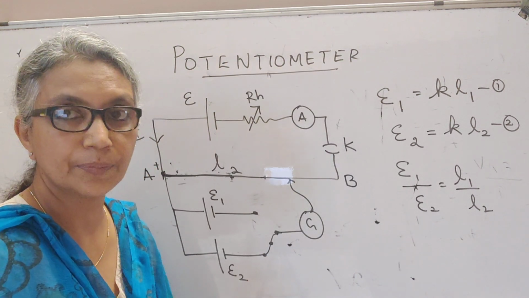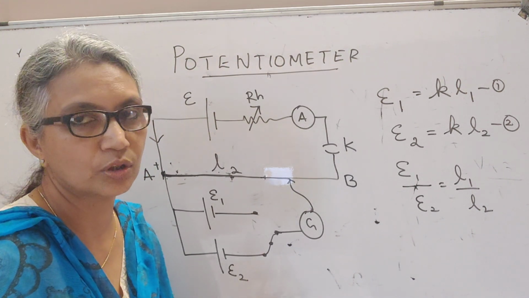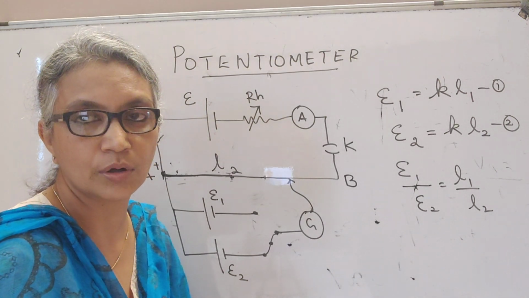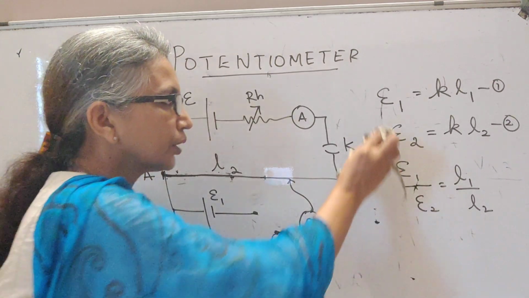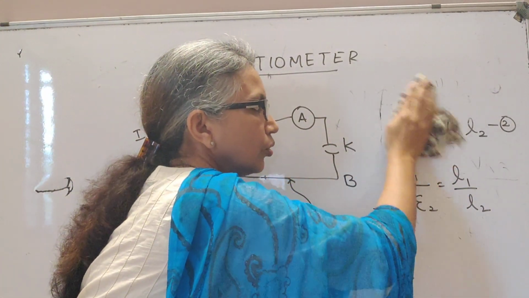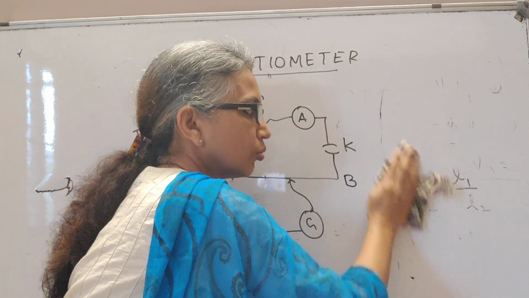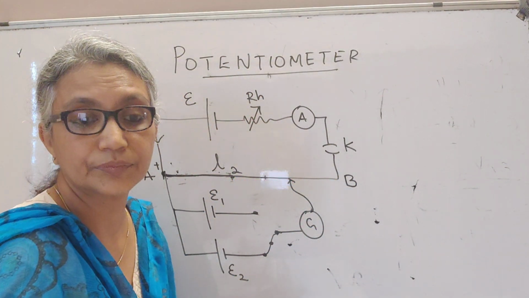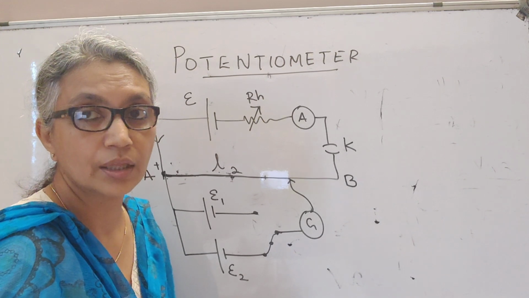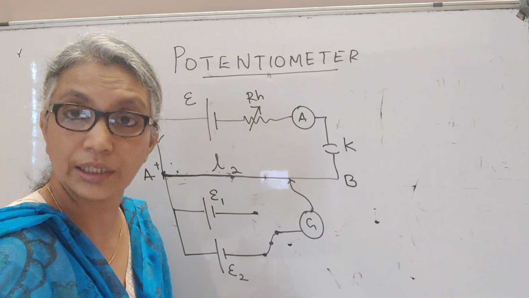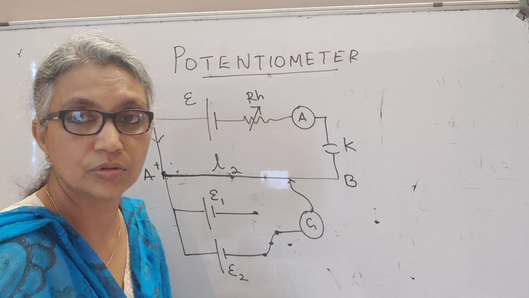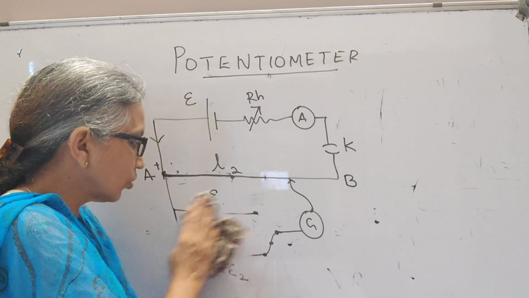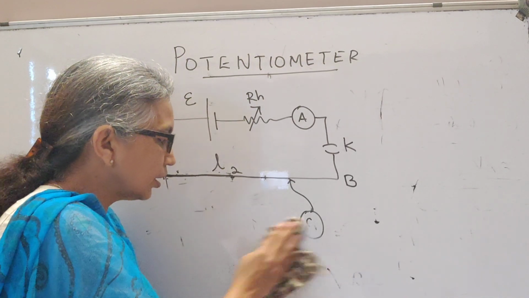Okay. The second application in the textbook, and what you will be doing in the lab, is to find out the internal resistance of a cell that is given to you. Internal resistance, as you know, is a constant for a cell, and I told you in my previous session that it depends on the kind of electrolyte that you use, the temperature of the electrolyte, the electrodes, the distance between the electrodes, the area of the electrodes dipped in the electrolyte, and so on.